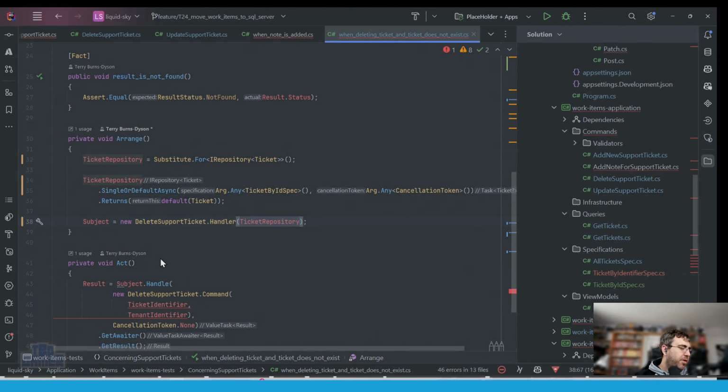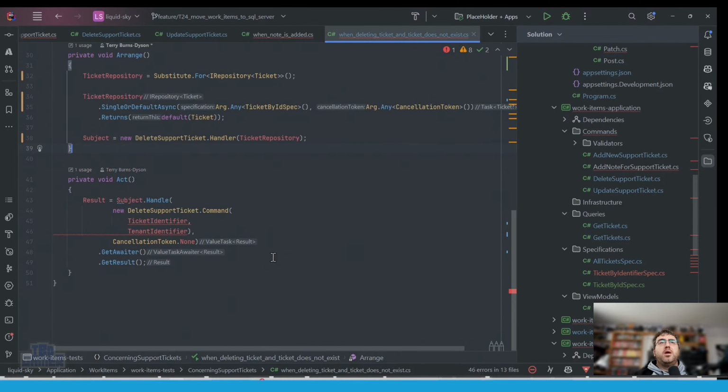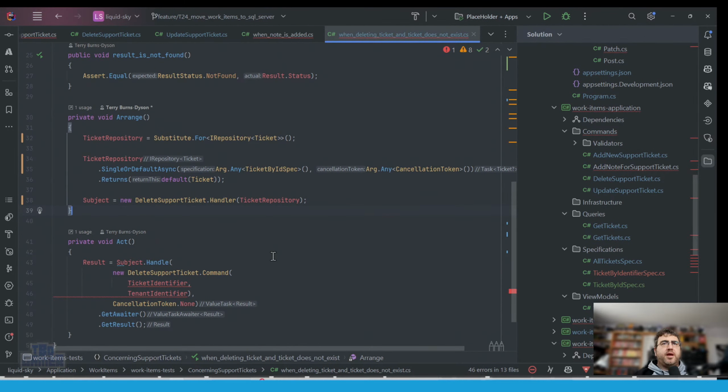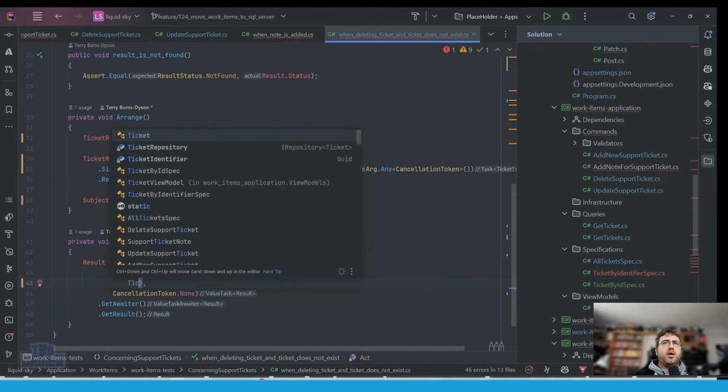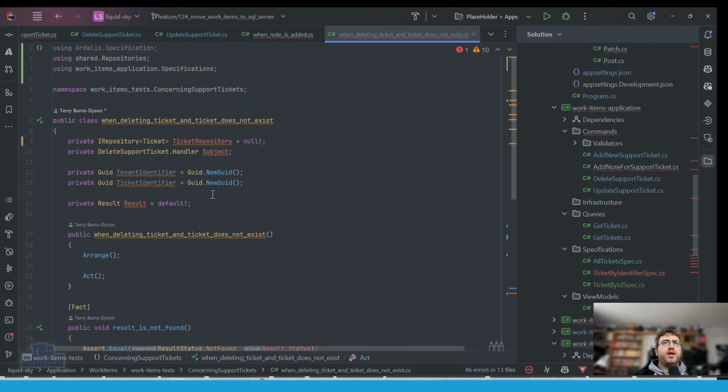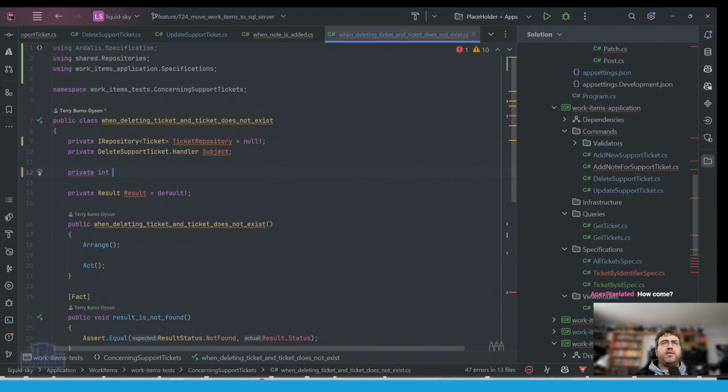I am replacing Couchbase right this second with SQL Server. So that is my challenge of the day. We just need to do this ticket ID. So these go away. Private int, because